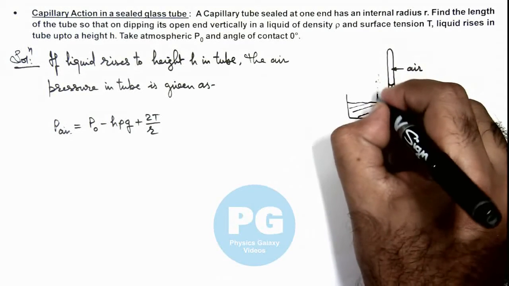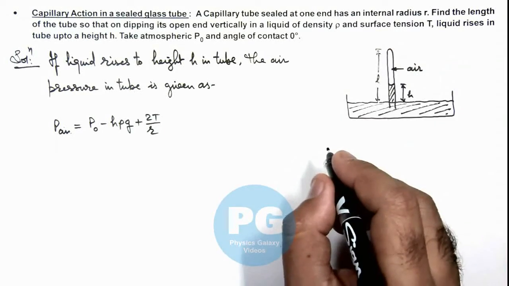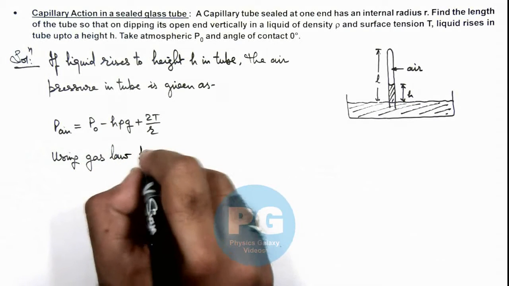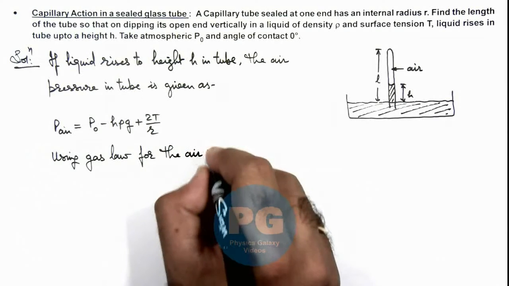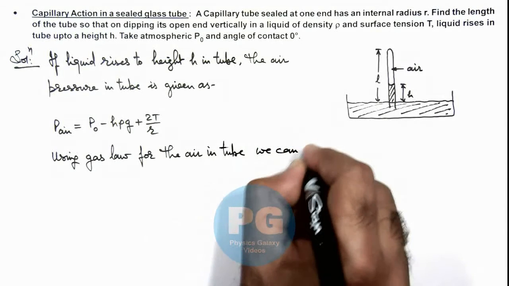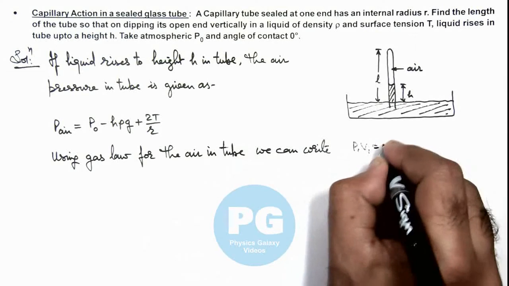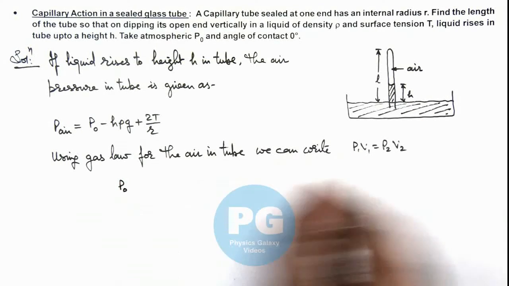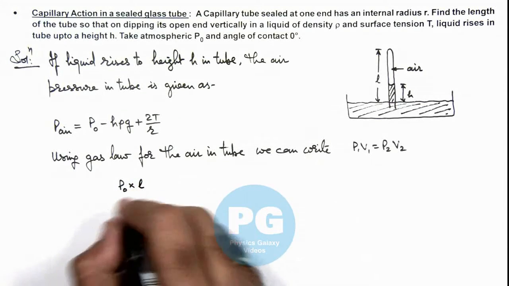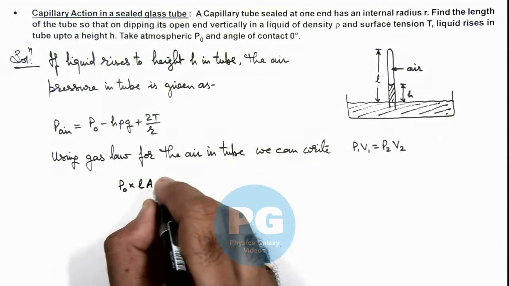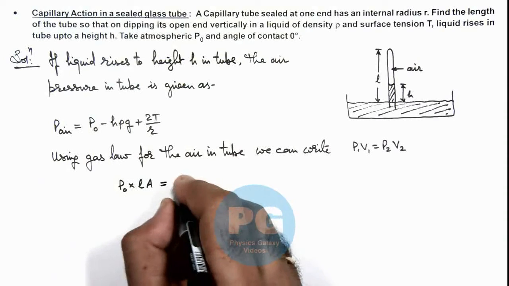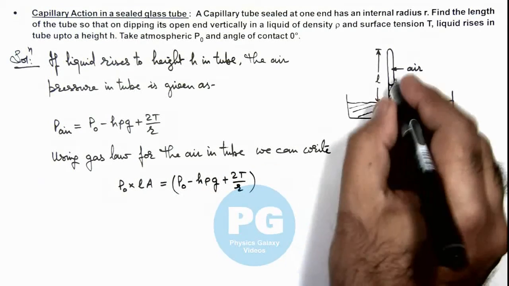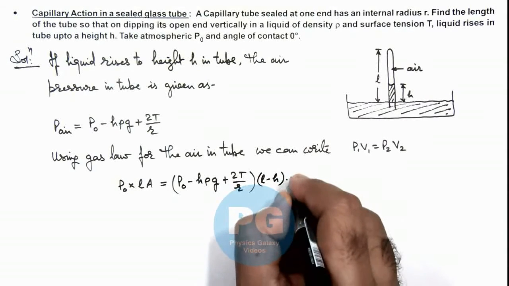And if say the length of this tube which is inverted on the liquid is taken as L, then we can write using gas law for the air in tube, P1 V1 is equals to P2 V2 as we are considering the temperature of air to be constant, and initial pressure of air was P atmospheric and its volume can be taken as its length, and cross-sectional area can also be taken which will cancel out, and this should be equal to the final pressure which is P air, can be written as P0 minus h rho g plus 2T by R. And now the length of air is L minus h, so volume is L minus h times A.